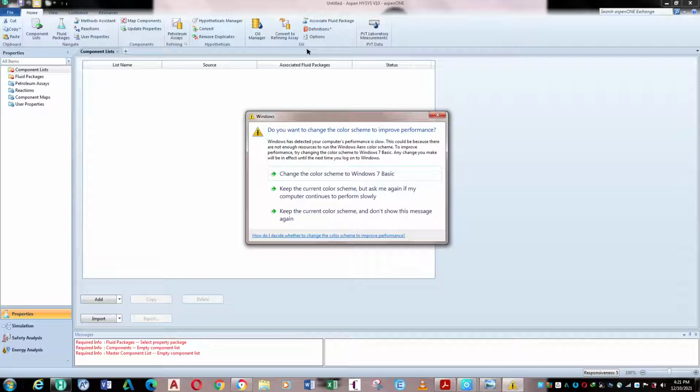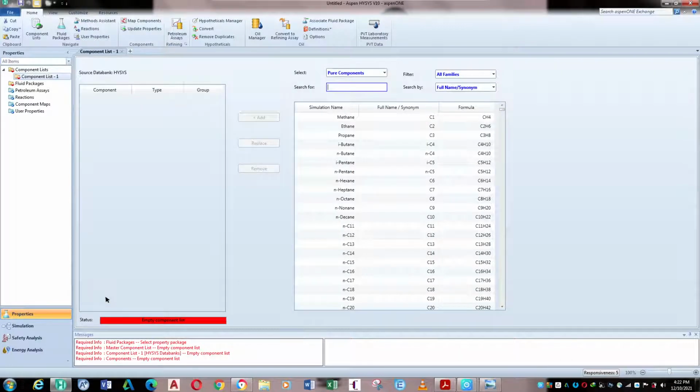Okay, so we're gonna start right now by adding the components of our feed. So our feed is basically gonna be containing natural gas, which is normally a combination of methane, water, carbon dioxide, carbon monoxide, nitrogen, hydrogen, and all other higher hydrocarbons, depending on where the natural gas is sourced from. So okay, we're gonna start by just adding a general natural gas composition by adding methane,